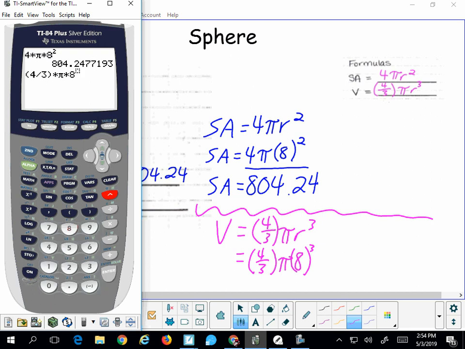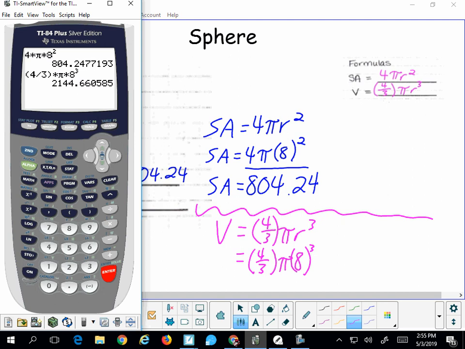The way you put the exponent of 3 in, you're going to hit the caret button, which is just underneath the clear button on your calculator. If you notice up here on your screen, that takes your cursor up to an exponent position, and then you just type in your 3. You can do that with any exponent. So that caret button is your exponent button. Anytime you need to put an exponent in a calculation, caret, and whatever your exponent is. All right, so I have 8 to the 3rd power, hit enter, and there's my volume,